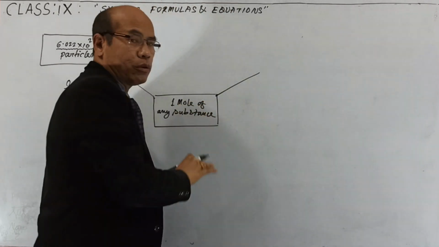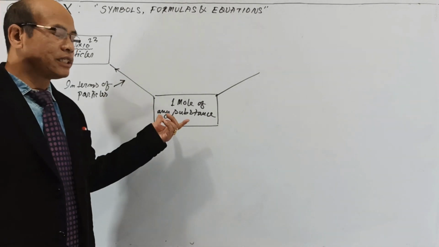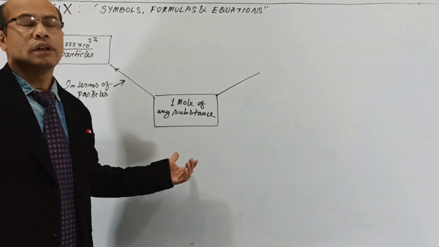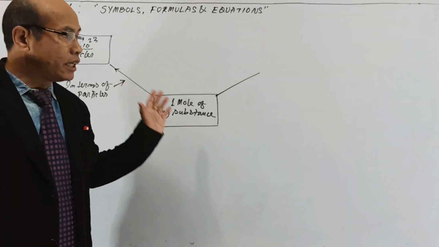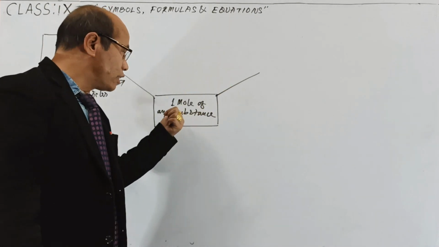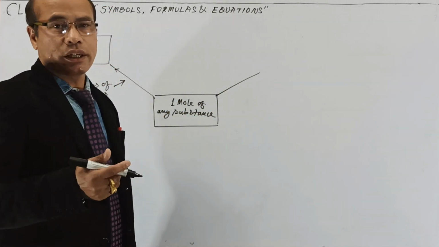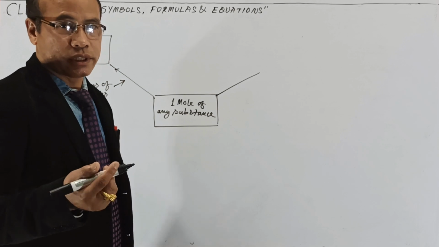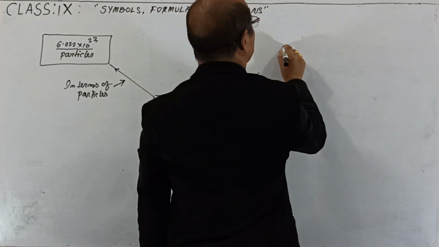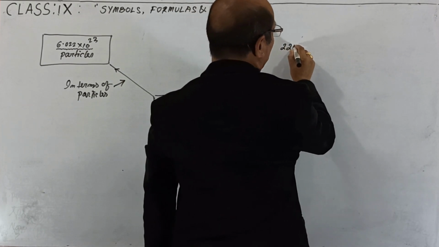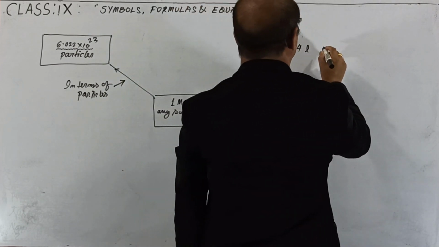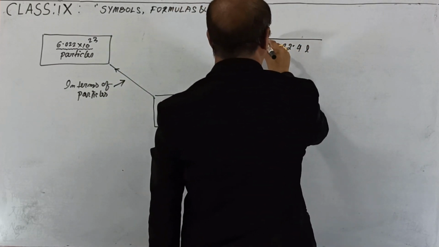You take 1 mole of any substance and think that the substance is in the form of gas, not solid, not liquid, but gas. At that time, you would like to know how many liters of that gas make this 1 mole, or in 1 mole of any gas, how many liters of gas are present. We would like to know it. So this much amount of gas is present, 22.4 liter. You can write like this